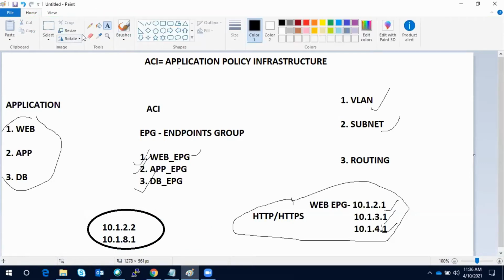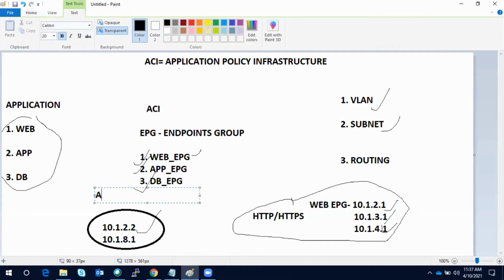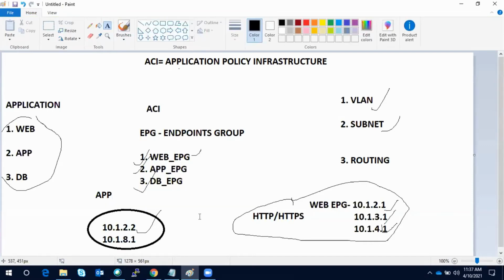Now you can see the app is also holding an IP of this subnet, 10.1.2. This is my app. Now you might say, okay, this is app and this is web, and these servers are in the same subnet, so they will talk. No, in ACI it is not like that.